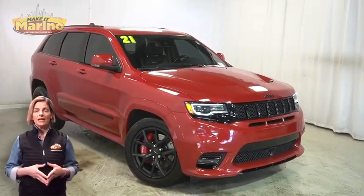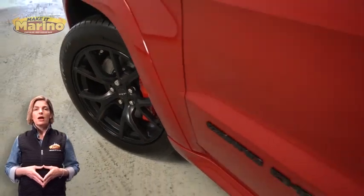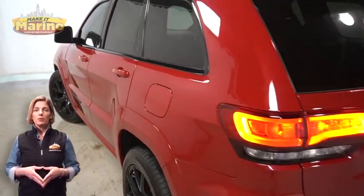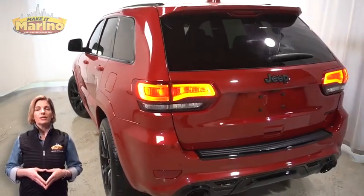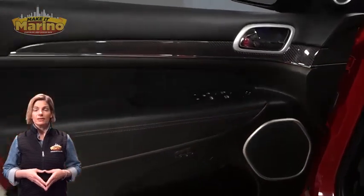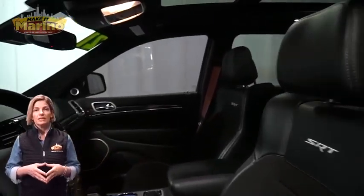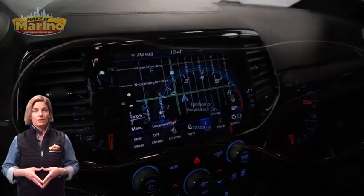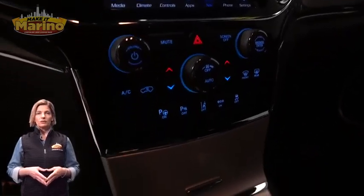With bi-xenon HID projector headlamps, LED fog lamps, 20-inch aluminum wheels, Brembo front brakes, power heated mirrors, blind spot and cross-path detection, LED tail lamps, heated and ventilated front seats, heated steering wheel, 22,000 miles on the odometer, 8.4-inch touchscreen,